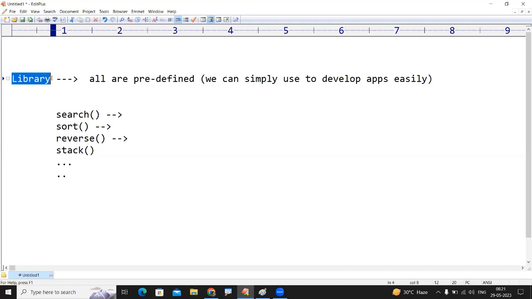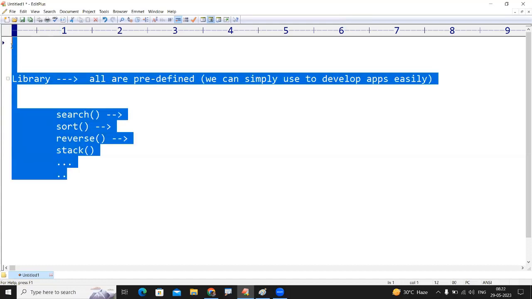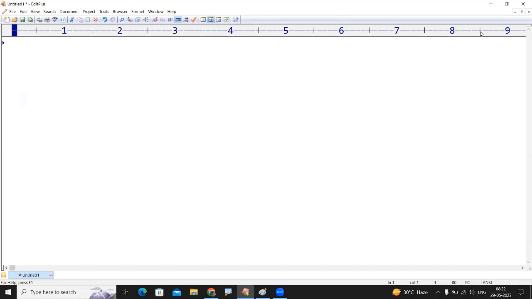All are predefined. See how easy the programming is. How easy. Okay, I'll explain. Whenever you are developing one application, normally,